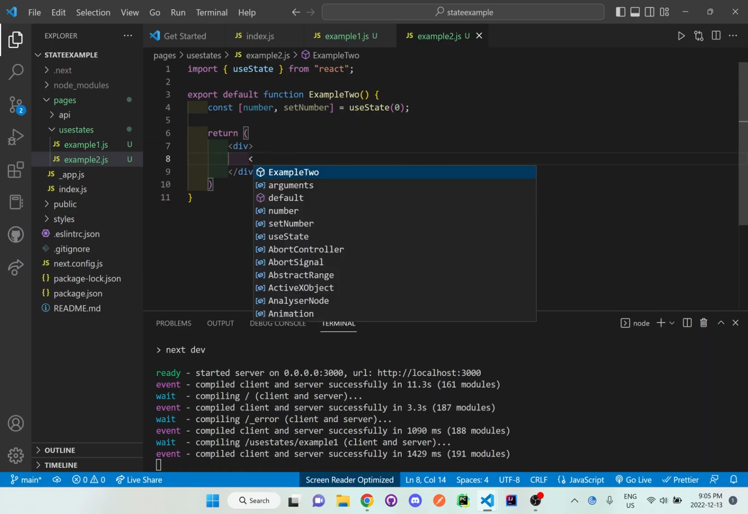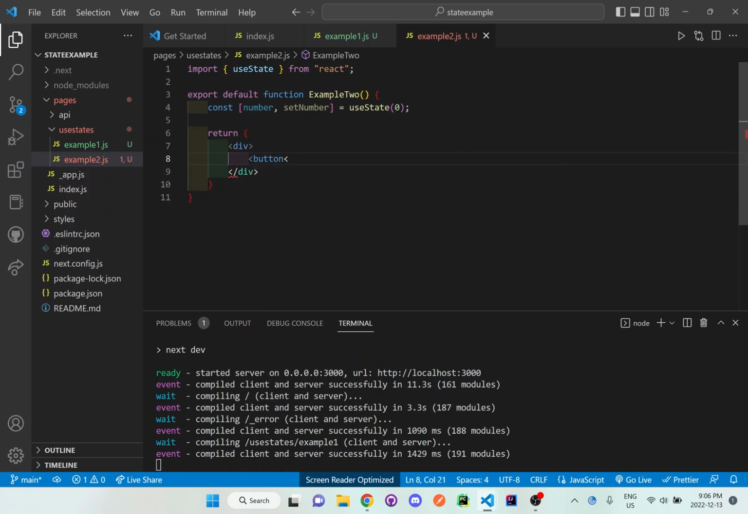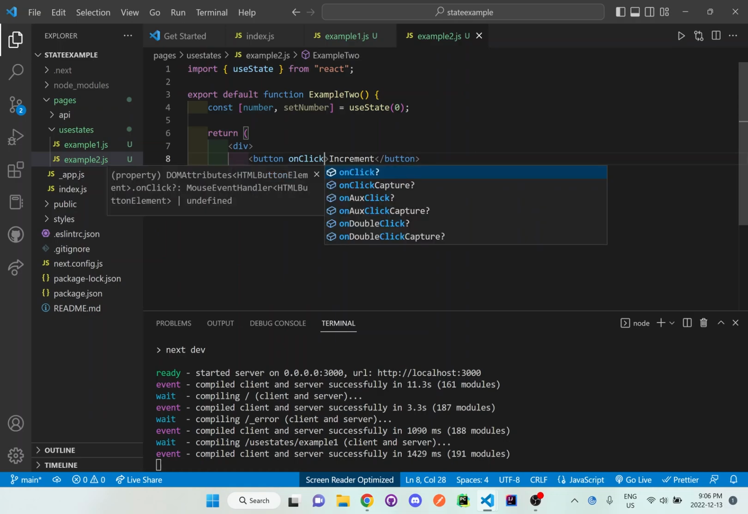So let's actually set up a button. And this one's going to be increment. And what I want to do is I actually want to change the number values. So in order to do that, because we have a button, we need to do some sort of on-click functionality. So if we do on-click is equal to,